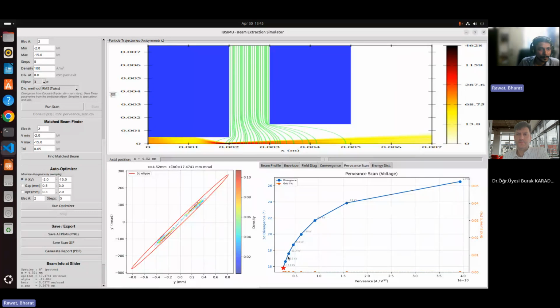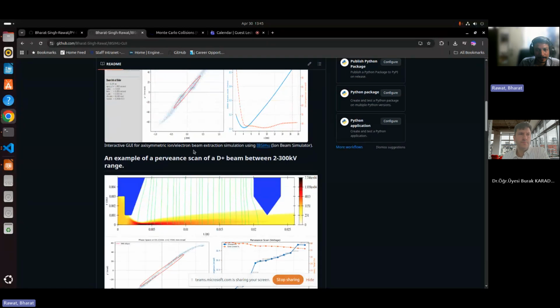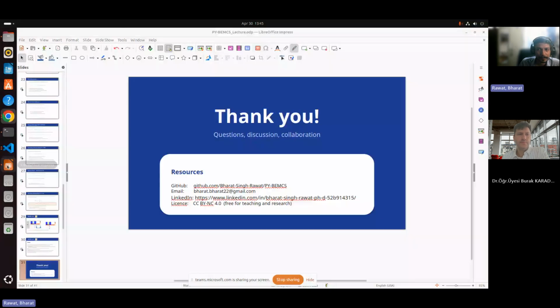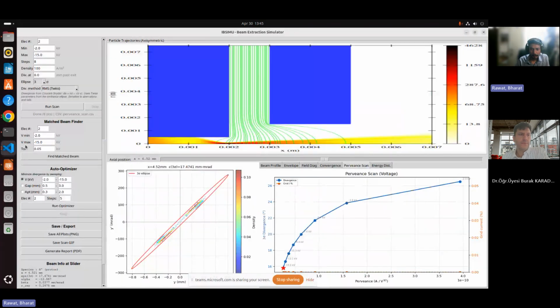But once you have this U curve, you will get a curve running something like, not in this, I think it was in my presentation. Something like this, like a U curve, which is a proper perviance divergence characteristic. So yeah, I think that's all from my side. If you have any questions, I'm ready to answer.